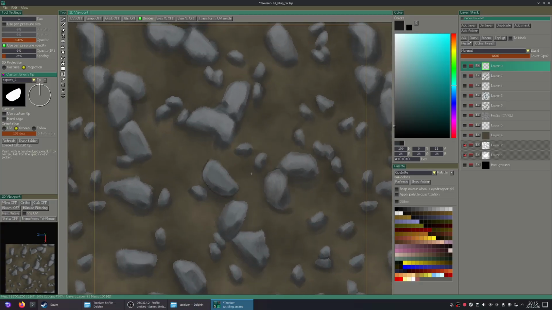Yeah, let's not do that. It is actually a bit tricky. Maybe if I do the pen pressure size, I might be able to get a better result.